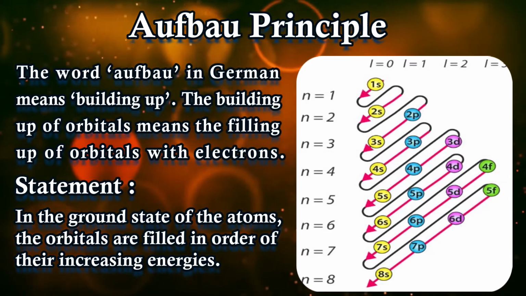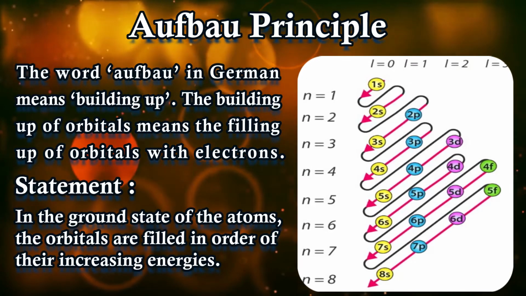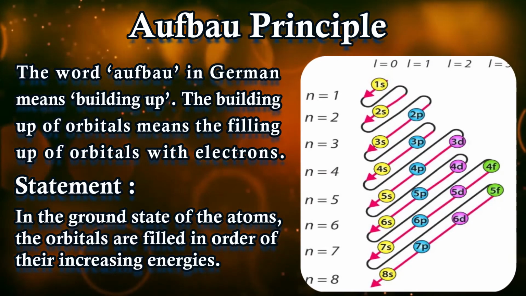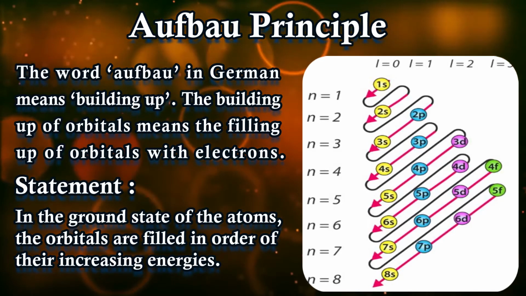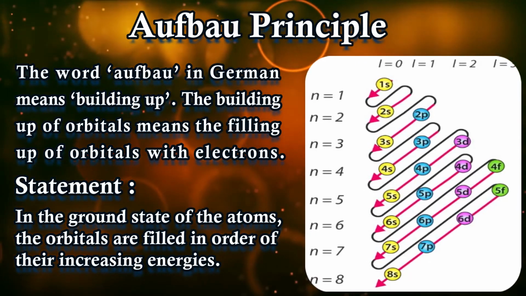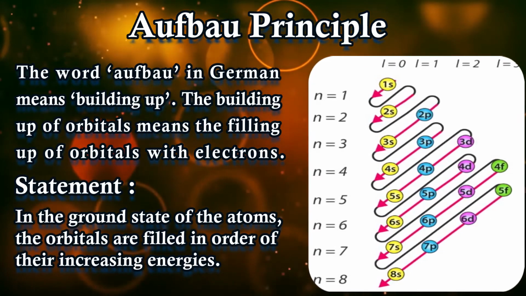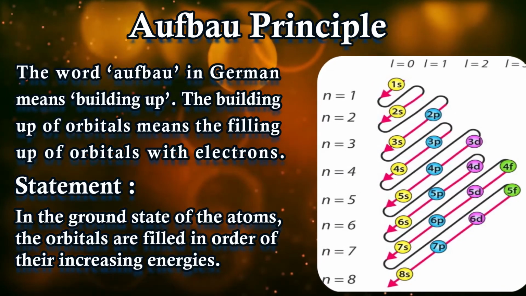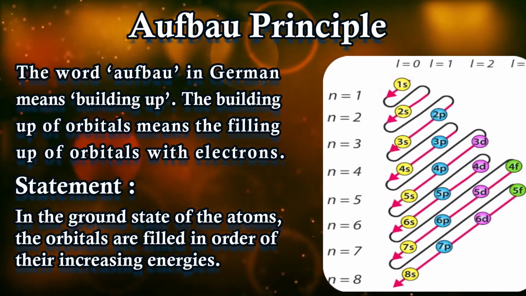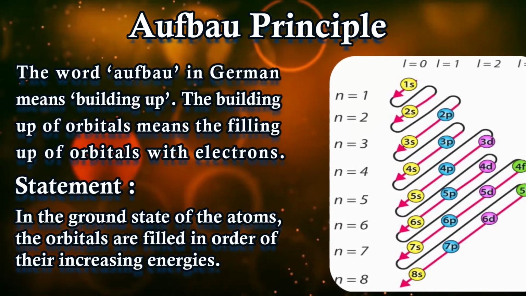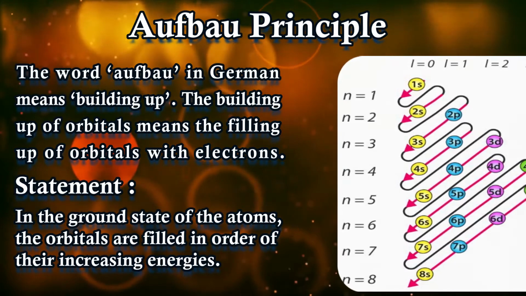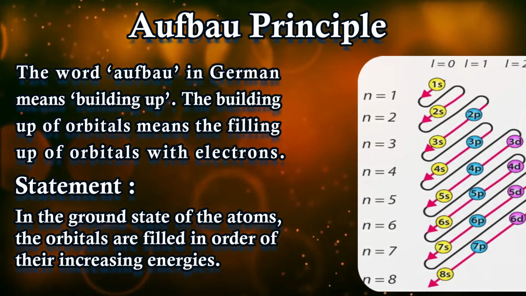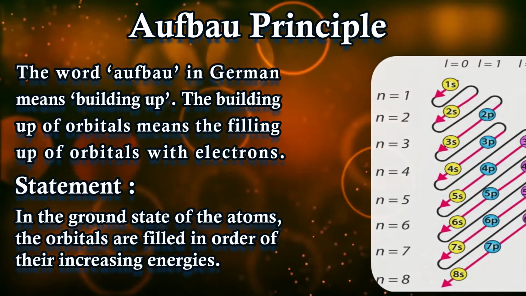See, we are following the principal quantum numbers one by one. The first principal quantum number gives the 1s orbital. Then for principal quantum number 2, we have 2s and 2p orbitals. Now we are moving towards principal quantum number 3, right? Here we have three types of subshells: one is the 3s subshell, another is the 3p subshell, and the third is the 3d subshell. As per the increasing order of energy, first 3s will be filled, followed by the 3p orbital, and then 3d will be filled, right?